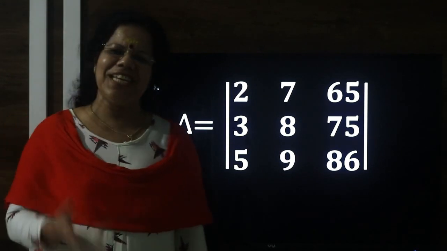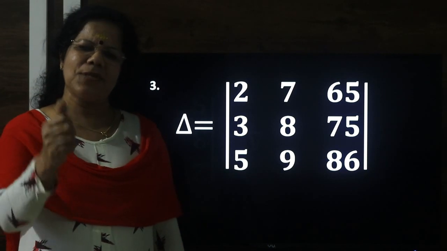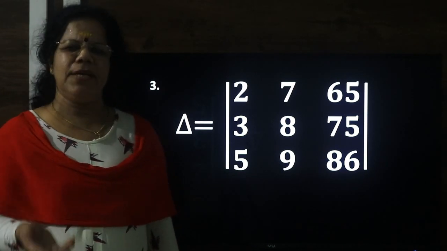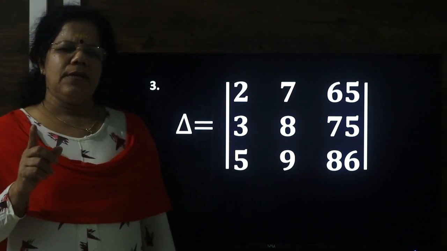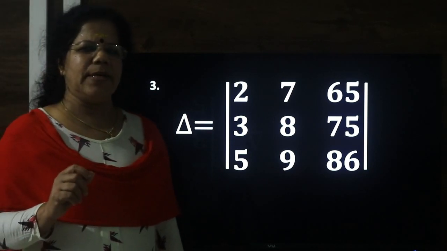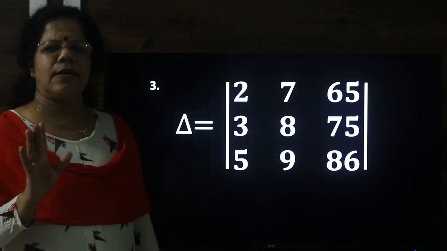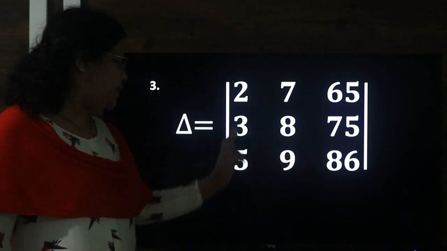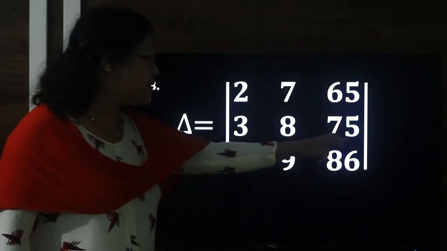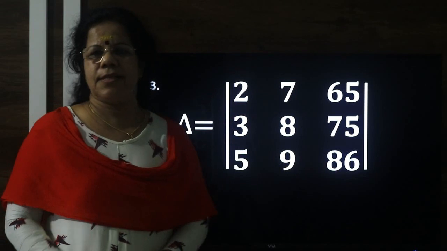Now let us go to the next example. Delta is equal to... now it's an interesting one with the numbers, you see. You might have got the answer already, I am sure. If you did not get it, pause it and see how it will be. Now I will explain, and you can check your answer. Here you observe, suppose the second column is multiplied with 9. What will we get? 9 into 7 is 63, 9 into 8 is 72, 9 into 9 is 81. Then this 81 and 5 combine to make 86. So 9 into 8, 72 plus 3 is 75. 9 into 7, 63 plus 2 is 65.